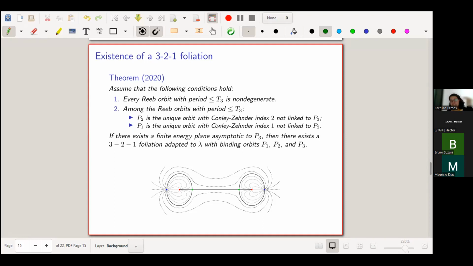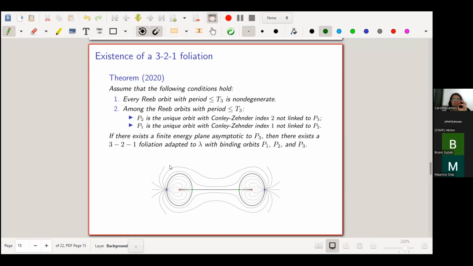And if you consider just the orbits of sufficiently small period, this special orbit with index 2 is the unique one with index 2 that's not linked to the orbit with index 3. And the orbit with index 1 is the only one with index 1 that's not linked with the orbit with index 2. So if you assume this, and we know the existence of only one pseudo-holomorphic plane,